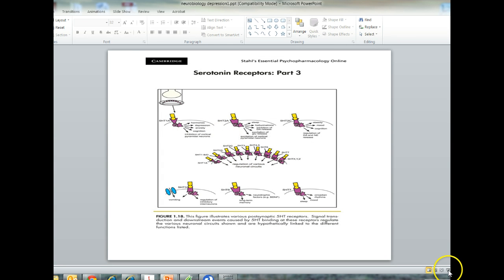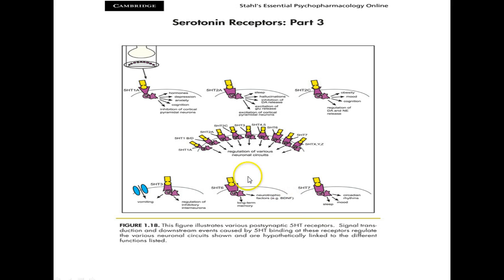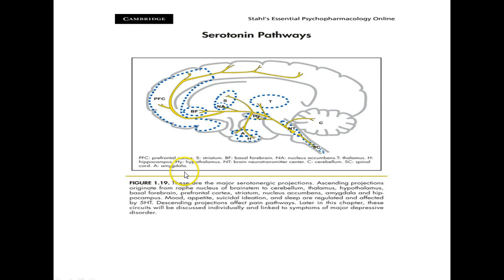This is another slide, I'm going to enlarge this a little bit so you can see it. Similar properties as we just mentioned there. And this is another slide showing the serotonin projection. So you can see the serotonin projection not only connecting the cortical areas, but it connects a number of other parts of the brain, including the striatum, the prefrontal cortex,